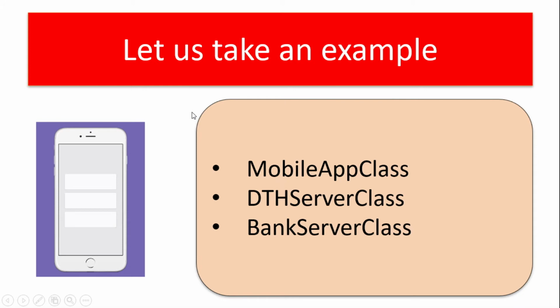So let us take the same example that we have discussed in our previous video on abstraction. In abstraction, we mentioned that there is an Android app or a mobile app. I will give username and password and click login. The credentials will be sent to the server, and the server does some process in the background and returns the value to the user. The user will just know whether he is a valid user or invalid user, but the user will not know the exact process that is happening inside the server when we press the login button. So this is what we have explained as abstraction, and that is at the design level, the overall architecture level.